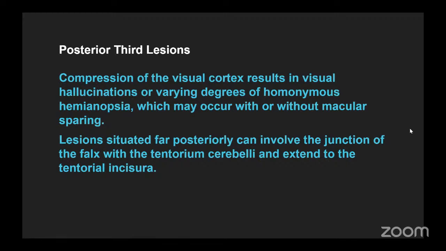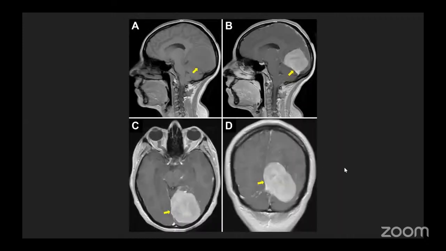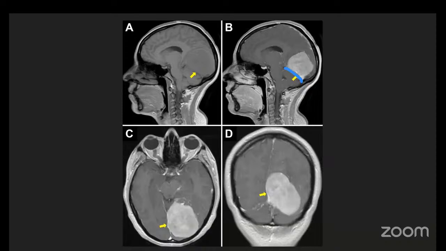Then we have posterior third lesions. There will be compression of the visual cortex. There can be homonymous hemianopia with or without macular sparing. There can be some involvement of the falx along with the tentorium cerebelli, the junction of them, and sometimes even the torcula. If you look at this particular meningioma, this is more of a falcotentorial meningioma group, which is also completely involving this inferior portion. Along with that, I would be very interested to see the angiography here to see if there's some involvement of the torcula,